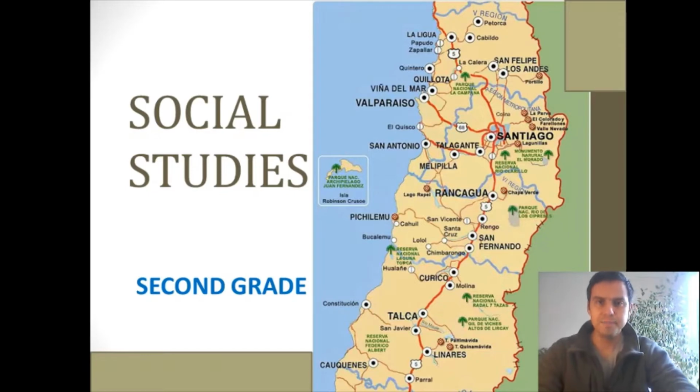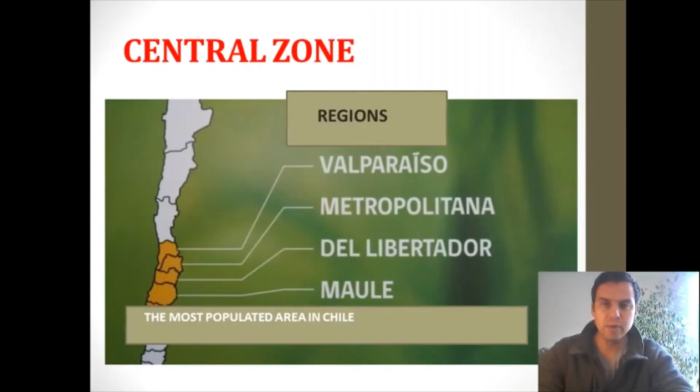Okay, let's start. Before we start with the other slide, in this picture you have a map. And why do we have this map? We have this map because we go again with the geography of Chile, and we have the central zone this class, okay? So as you see there, it says central zone, and we have the regions that are part of this zone. So we have Valparaíso, Metropolitana, the Libertador, and Maule regions are part of the central zone of